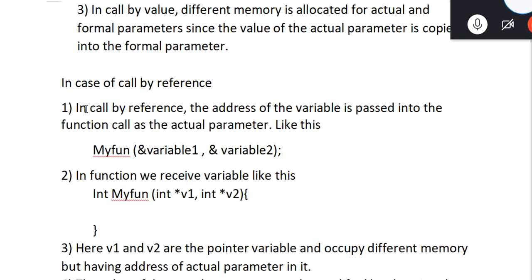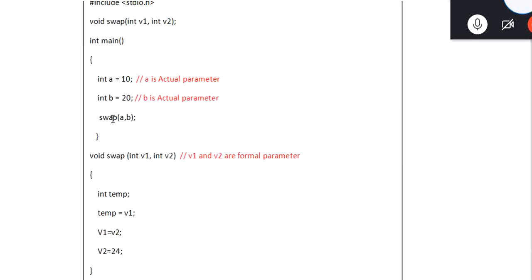So in case of call by reference, what we do is we pass the address of the variable. Like this. So in this function, instead of passing the variable, we have to pass the address. We can pass the address like this.